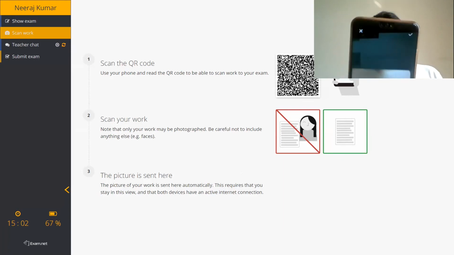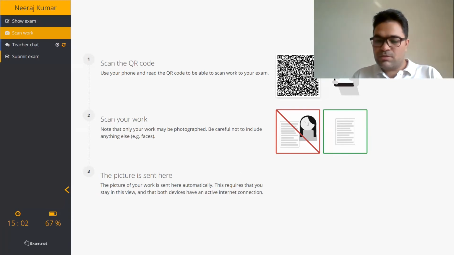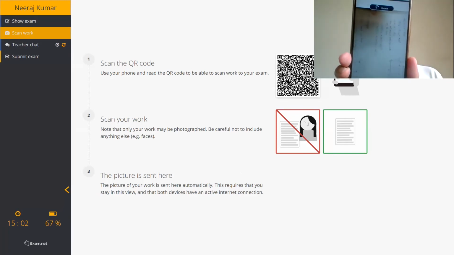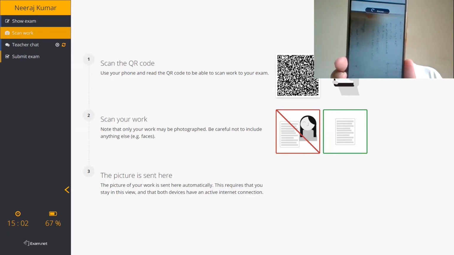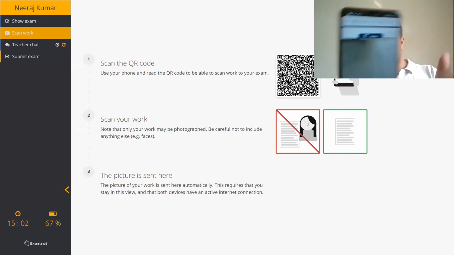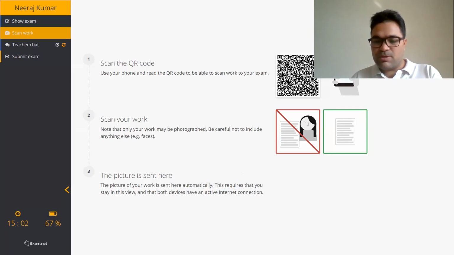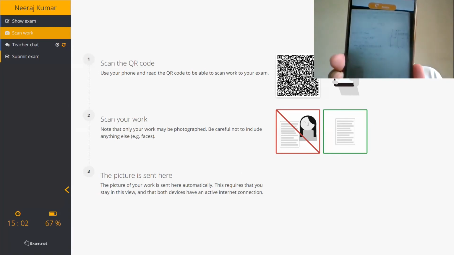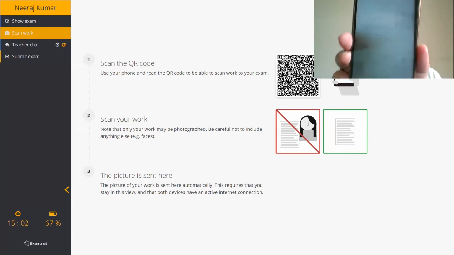I will click on the right at the top of my mobile phone, and you can see the page is in landscape mode. So I can click on the rotate button at the top, this one, and rotate until the page is in portrait mode. Now you can see the page is in portrait mode.